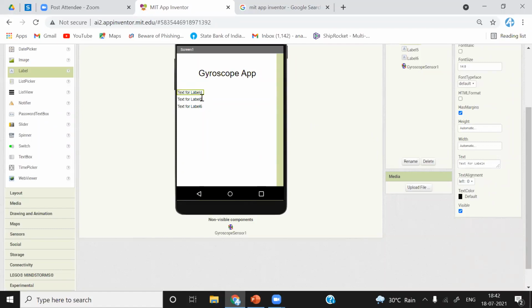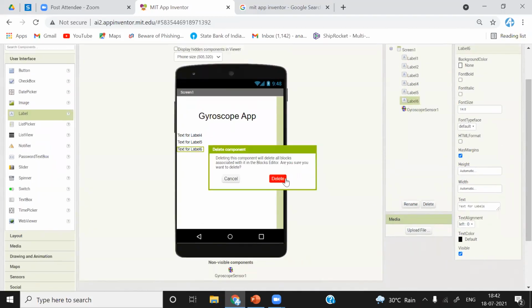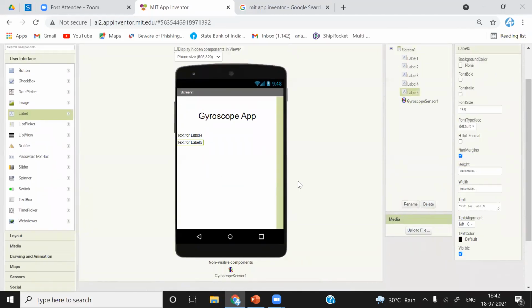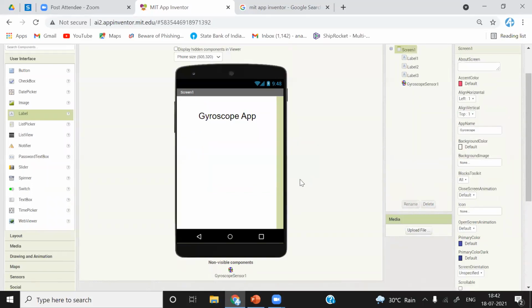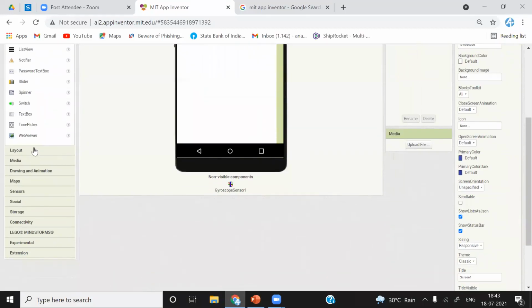Now, before I delete this, I'll tell you the reason. What we want to do here, we want to put this x direction velocity variable here, and in front of x velocity we want to observe velocity related in that direction. Similar for y and z direction. What I mean by that, I will just show you.